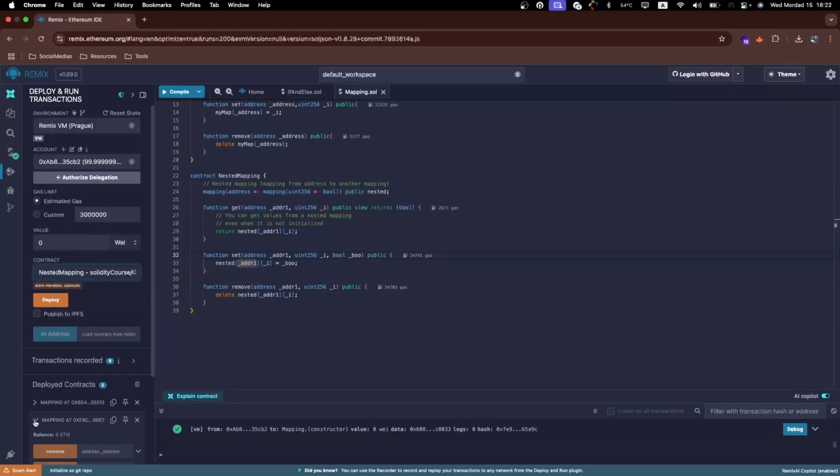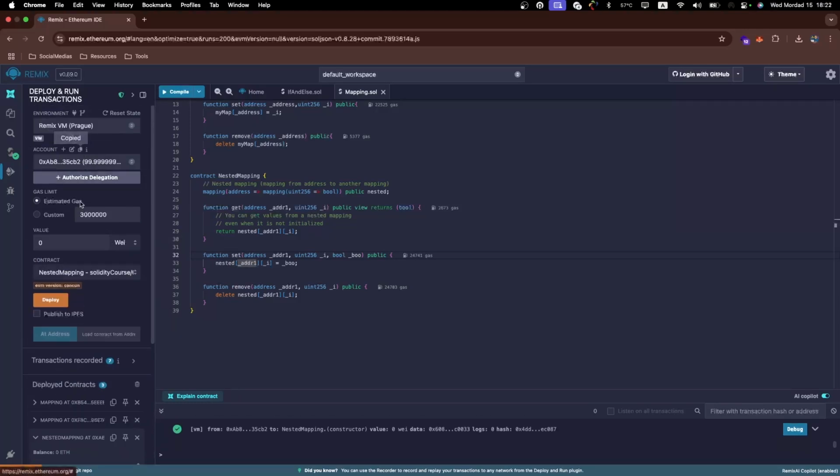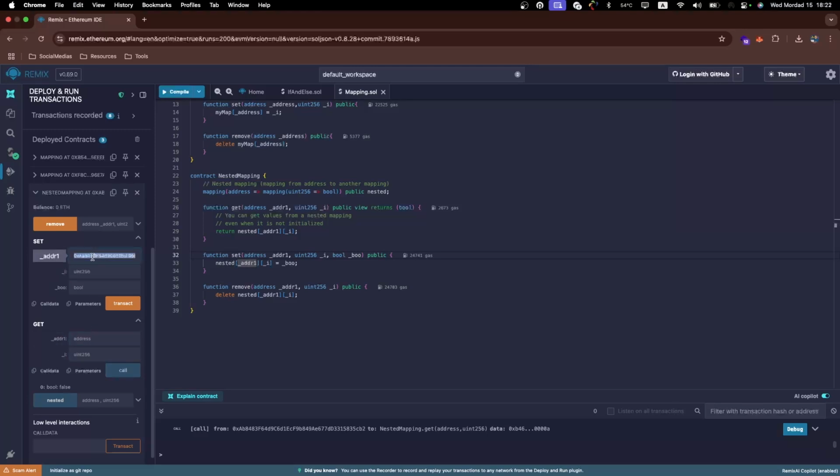I deploy the nested mapping. Okay, I define an address. I can define this address and 10 and set boolean true. Okay, I can also get that value, true. Okay, for 200 I set false. For 20 I set false. For 30 I set true. Okay, I can get those values: false, true, and I set this true. Okay,